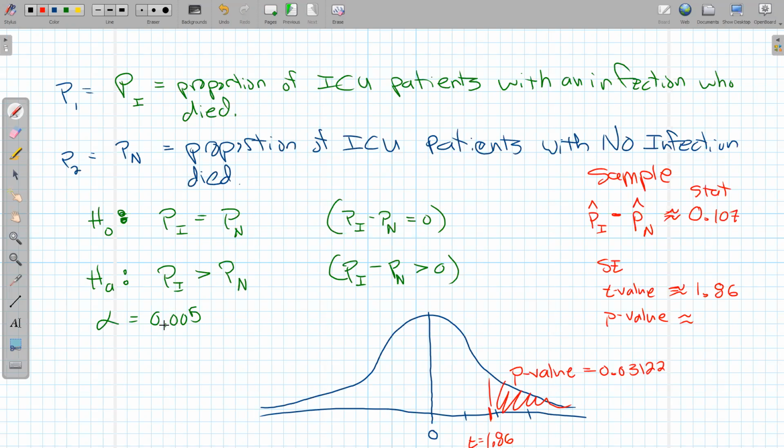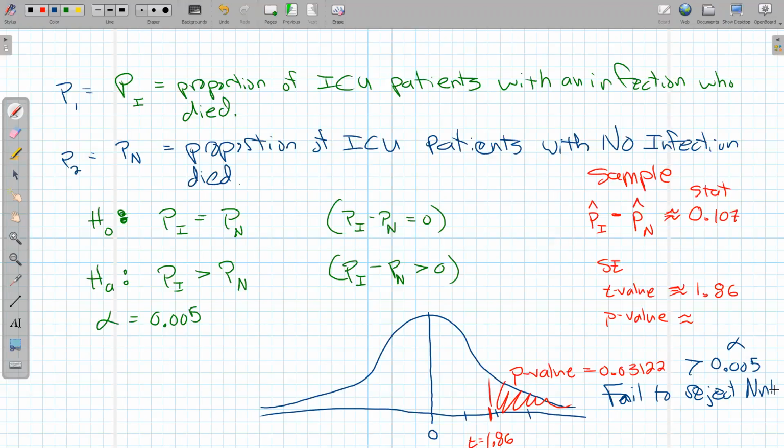That p-value is definitely less than alpha. Oh, no, it's not. Oh my gosh, it's greater. Wow, I already can't read. That is greater. 3% is greater than 0.5%. That's my alpha right there. So what am I going to do? That's a big p-value compared to what I was hoping. I guess I have to fail to reject this. Fail to reject